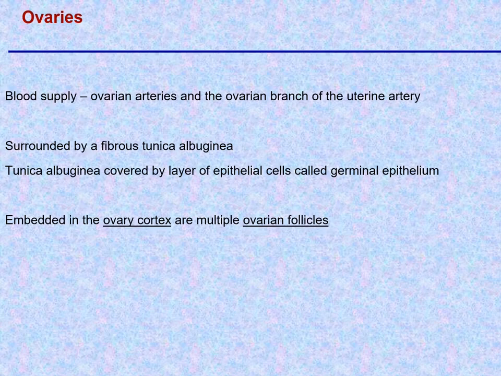The important thing to understand is that the outermost region of the ovary is called the cortex, just like the outermost region of the thymus or the brain or the lymph nodes or the adrenal glands. It's called the cortex. So the outer region of the ovary is the cortex, and found inside there are many, many follicles,